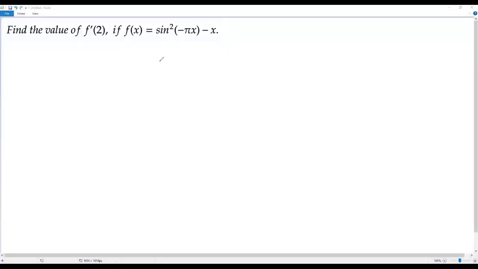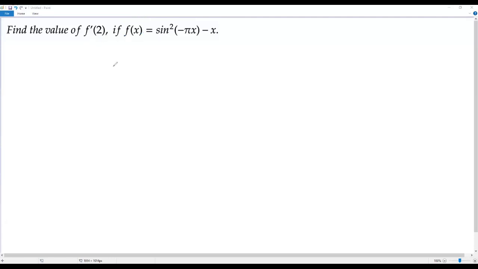Here we have an AP Calculus AB problem. Okay, let's go to the question. Find the value of f prime of 2 if f of x equals sine squared of negative pi x. So we have to find the first derivative of the given function f of x, that is f prime of x, and then we have to plug in x equals 2 to get the value of f